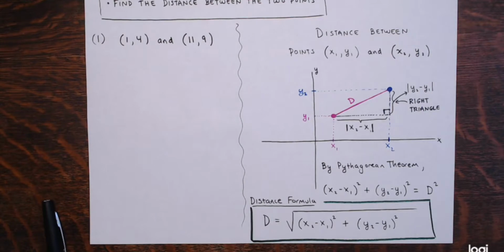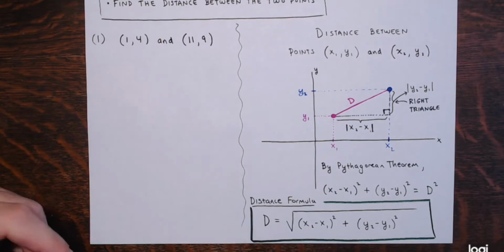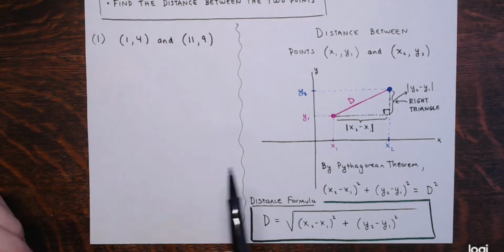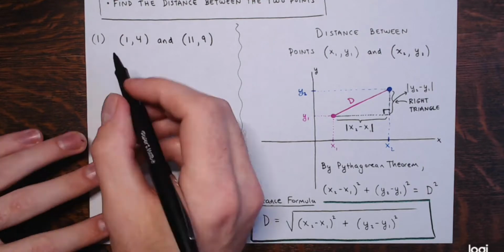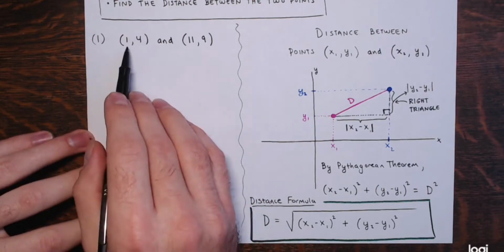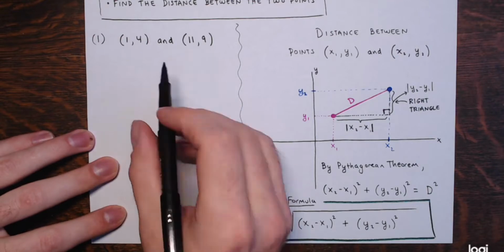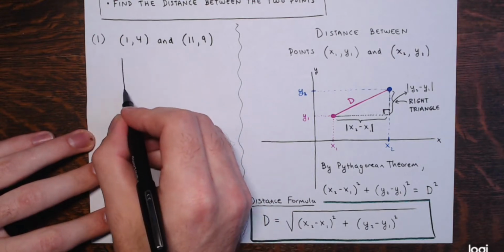Okay, so when we're given two points and asked to find how far apart they are, how many units apart they are, you can do it in a couple of ways. You can draw a picture. So for example, we've got (1, 4) and (11, 9) here. I can draw a rough picture